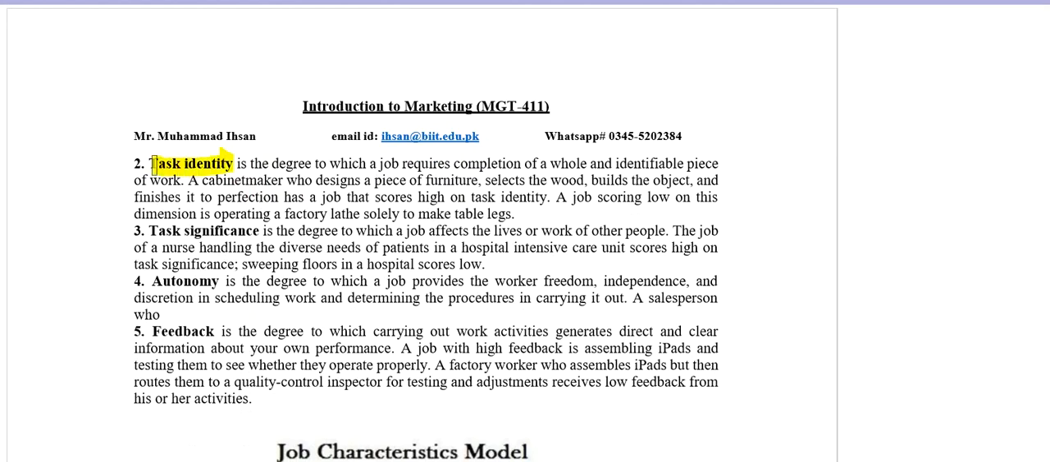Number 2, task identity. A person should identify the task which he has to do and which he does not have to do. A cabinet maker who designs a piece of furniture, selects the wood, builds the object, and finishes it to perfection has a job that scores high on task identity. A job scoring low is operating a factory lathe solely to make table legs. Here a person has to select the wood, build the object, and after that finish. So all the activities have to be done by him. He should not say that only one task is mine and the other task is not mine. He has to identify what tasks are to be performed by him, because his good performance will definitely help him